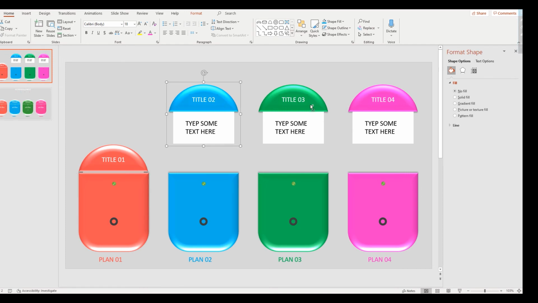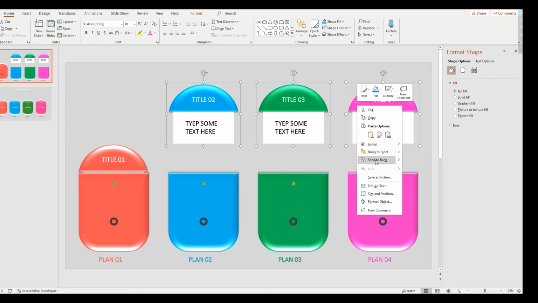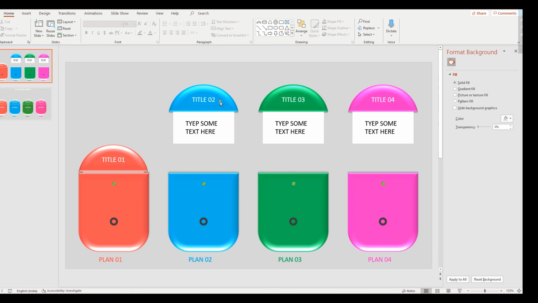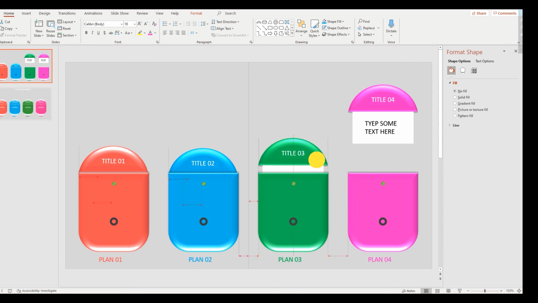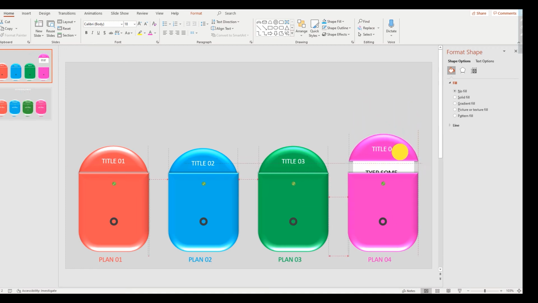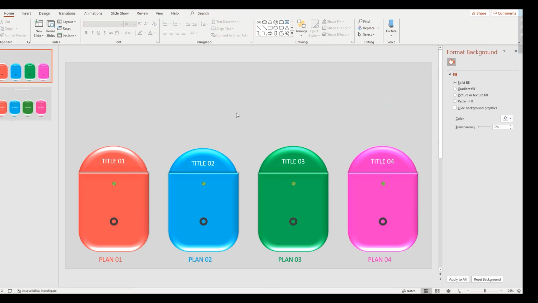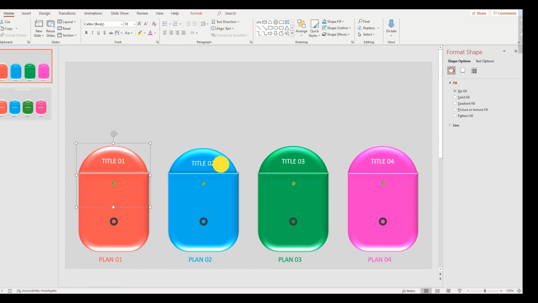Do the send back, drag it, adjust. Plan 1 also going to be adjusted. Title 3, title 4. Yeah, everything is perfect.